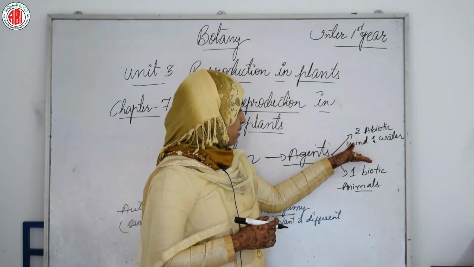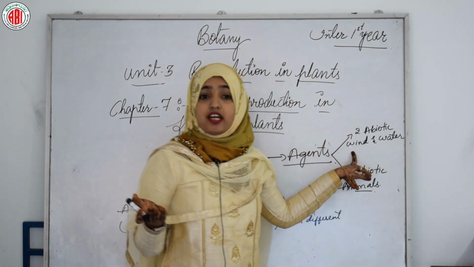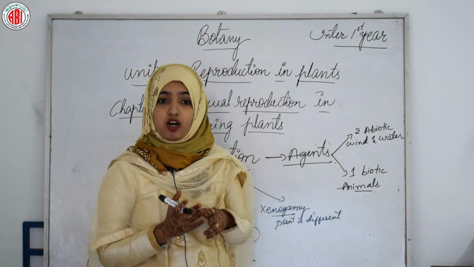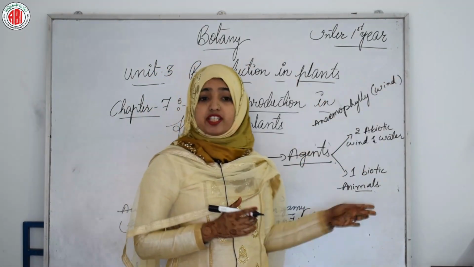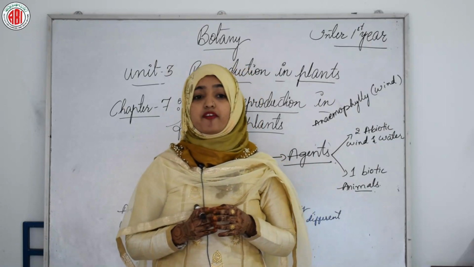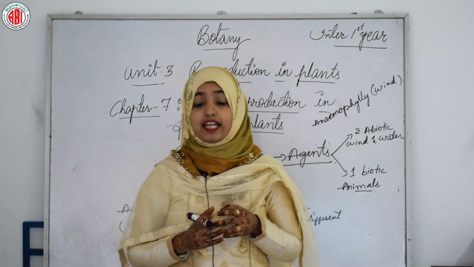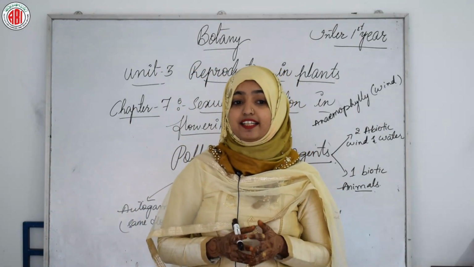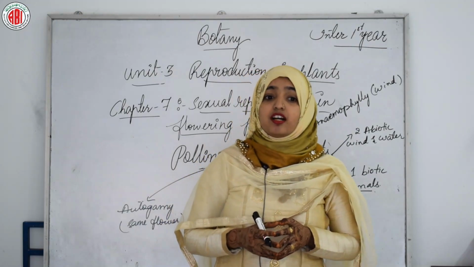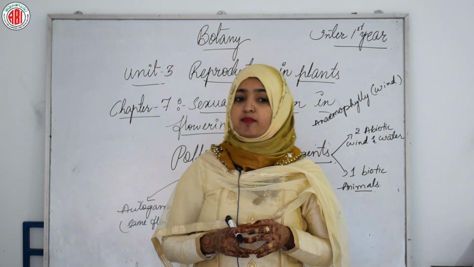So coming to the abiotic agents, pollination through wind is more common. Such kind of pollination is called anemophily, where the agent is wind. Wind pollination also requires that the pollen grains are light and non-sticky so that they can be transported in wind currents. They often possess well exposed stamens so that the pollen is easily dispersed into the wind currents, and large, often feathery stigma to easily trap airborne pollen grains.